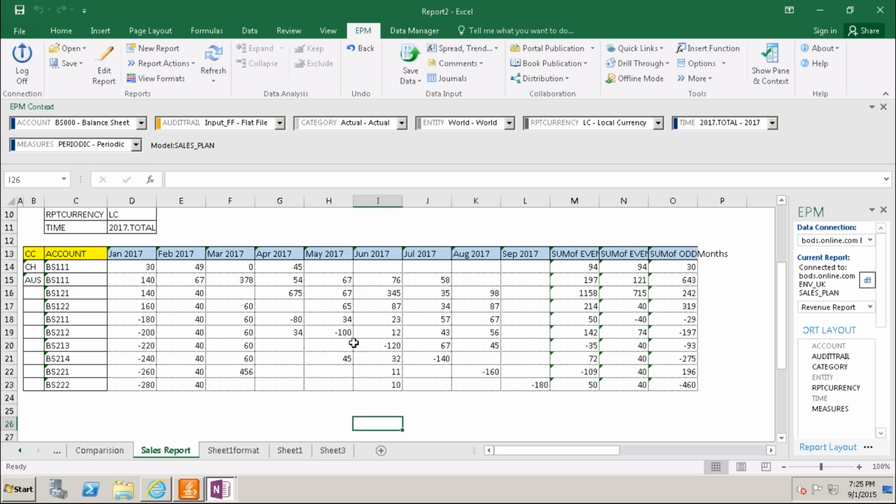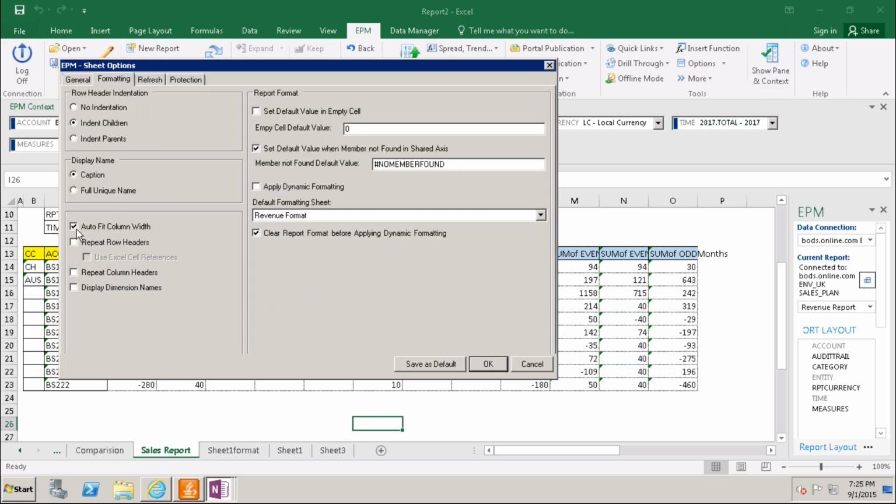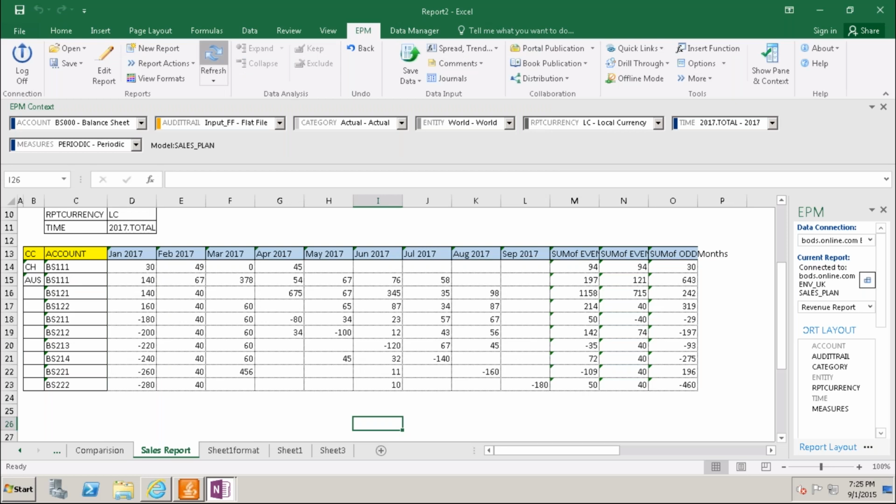In this case, in the sheet options, the formatting auto column width is checked by default. You have to remove the checkbox, work on this, and refresh. It will still remain.